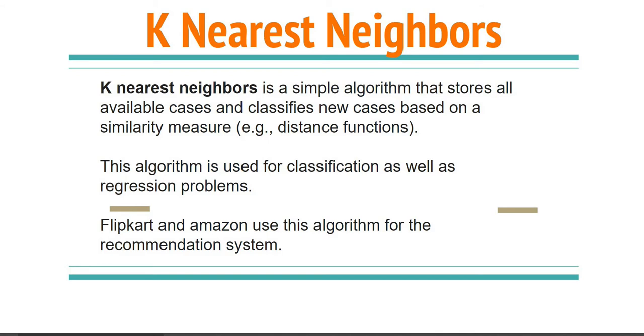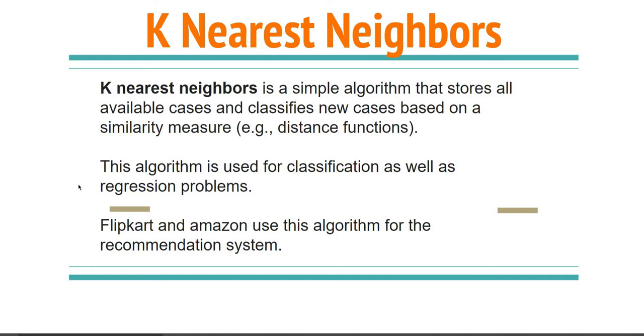So first of all, let us understand in which problems we can use this. It can be used in classification as well as regression problems. That means we can use it for predicting a categorical value, or we can also use it for predicting a numeric value. Suppose we have a data set and we have to prove whether a particular thing is going to happen or not, true or false, right or wrong. These are classification problems, and we can use k nearest neighbor in this case, and we can use it in numeric problems as well, where we have to find age, salary, etc.